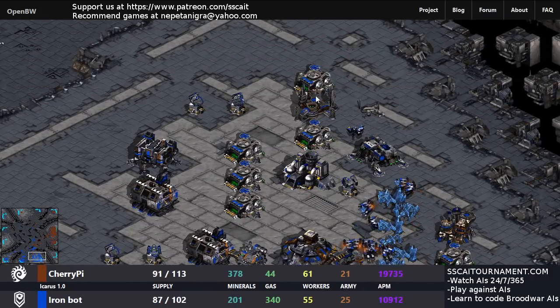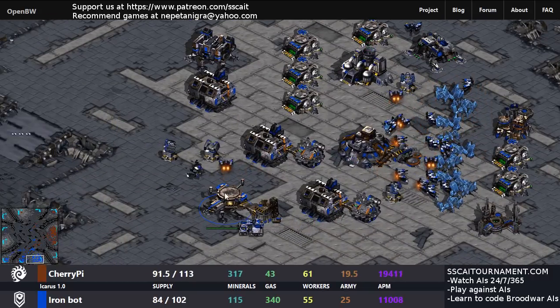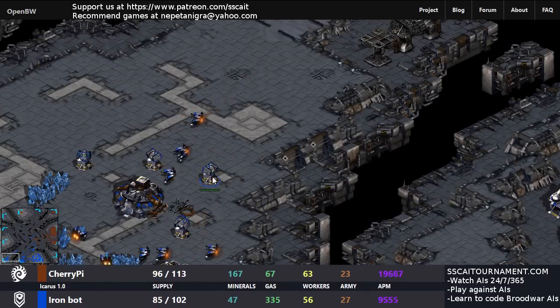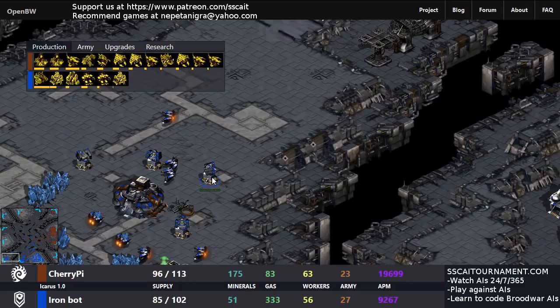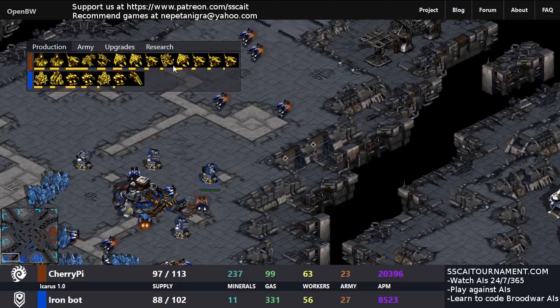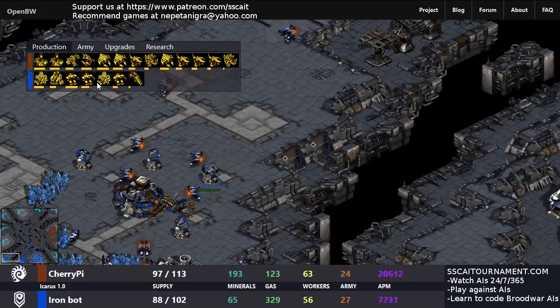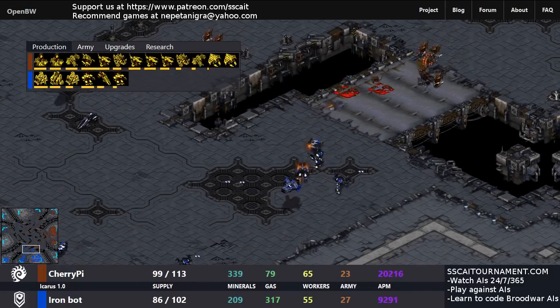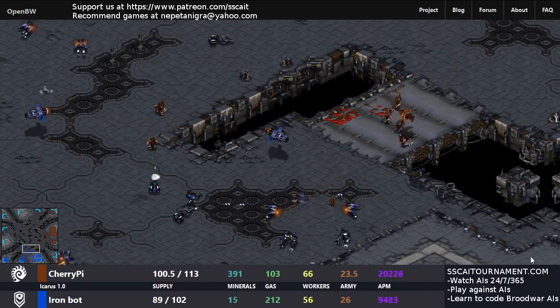We've got three factories, one starport, one barracks, and that's about it. So Iron is really building a lot of infrastructure still. Oh, sorry, should not pause that. And Cherry Pie is just building everything at once, and Iron is building so much infrastructure and foregoing the construction of a decent army. And now it is, at this point,